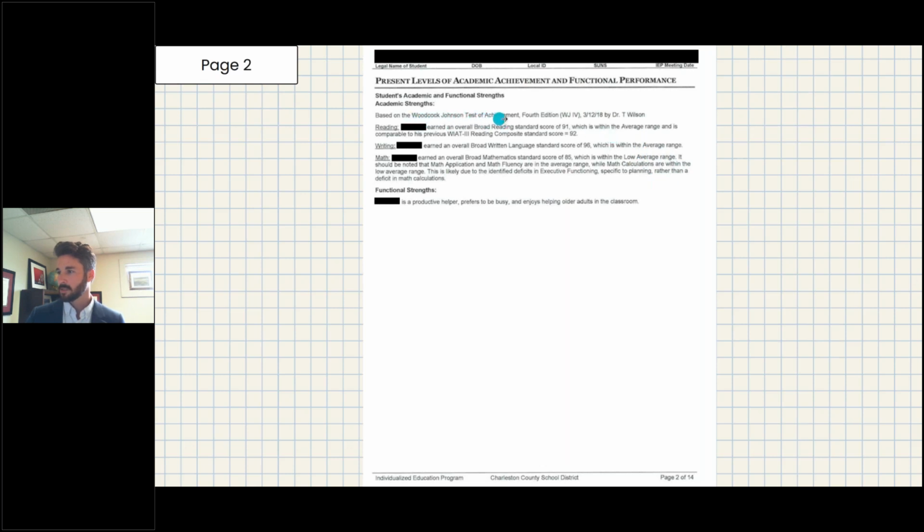So again, this is the Woodcock-Johnson, right? That's the name of the test, the 4th edition, the date that it was performed and by whom. There's a breakdown, basically reading, writing, and math. This is an oversimplification of the data, right? So if I look at this, I go, oof, okay, well,